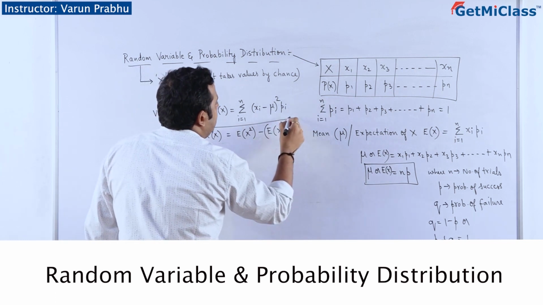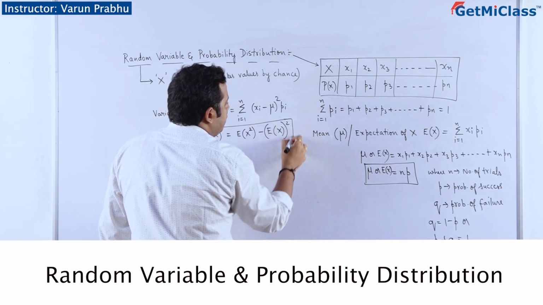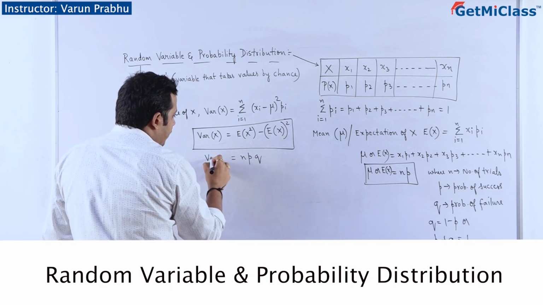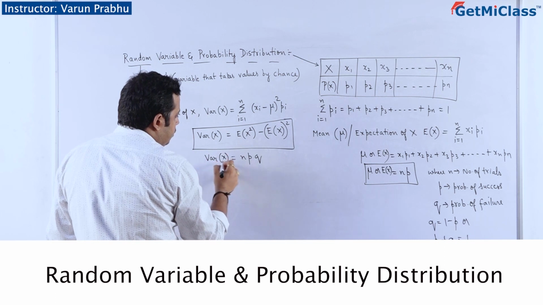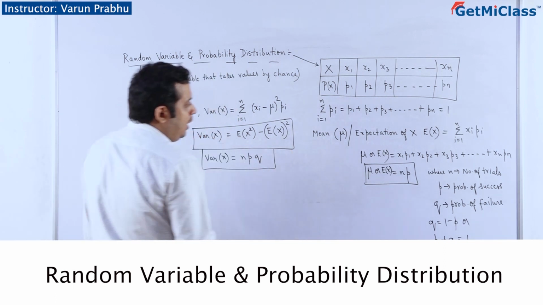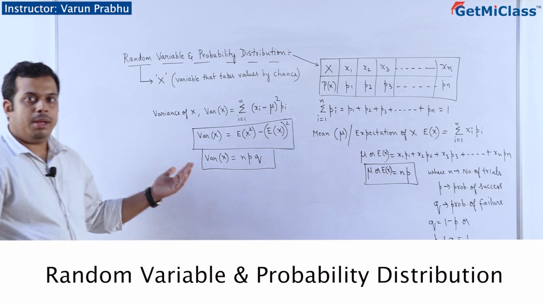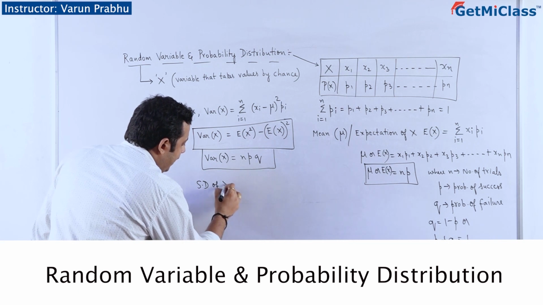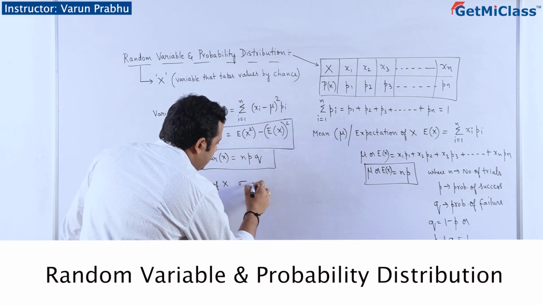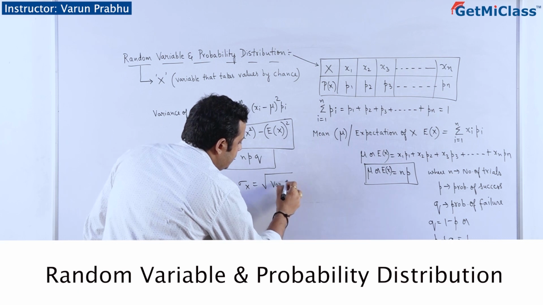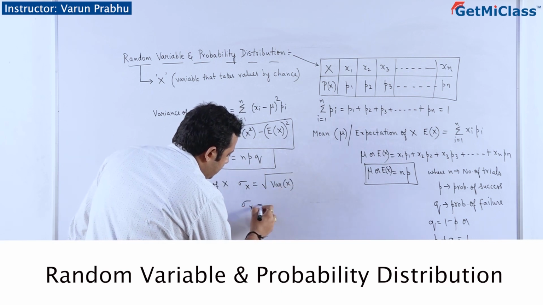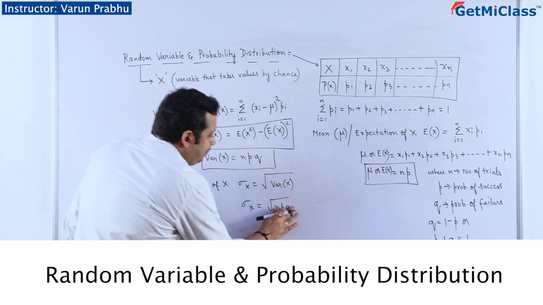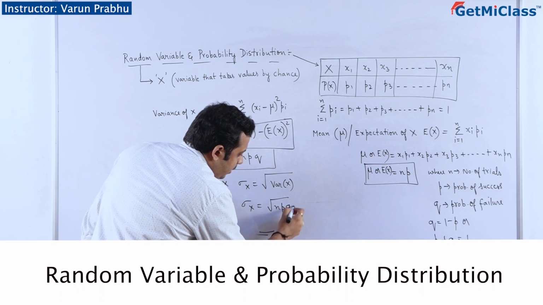This is the formula for variance of X, but we don't have so much time to do all this in a competitive exam, no? So we make use of a shortcut: variance of X is equal to npq, where n is the number of trials, p is the probability of success, and q is the probability of failure. The standard deviation of X, which is sigma x, can be written as the square root of variance, so sigma x is root over npq. All these things should be known clearly. Root of npq.